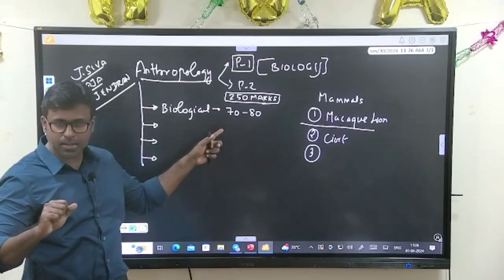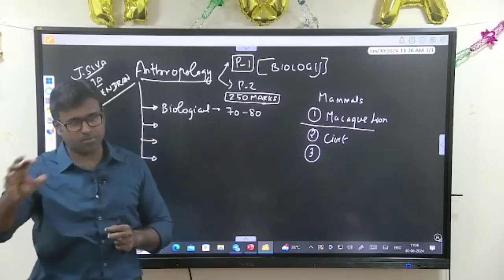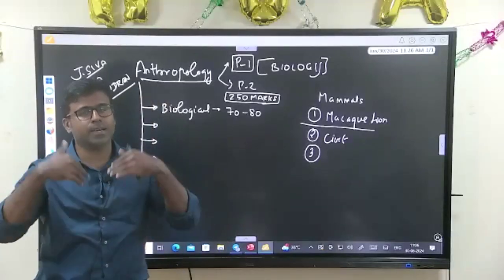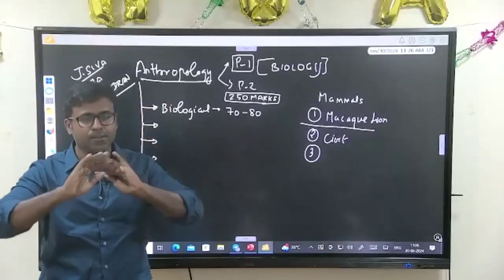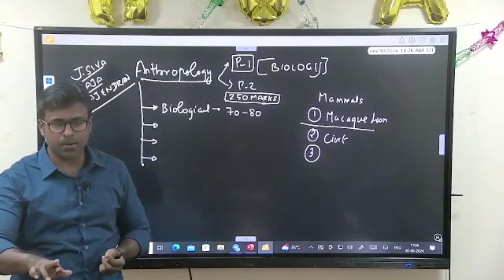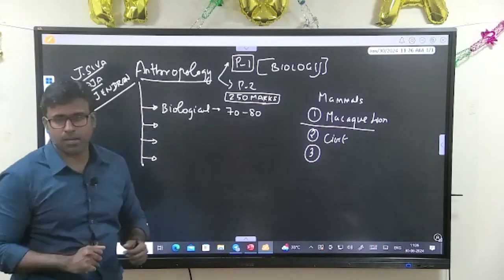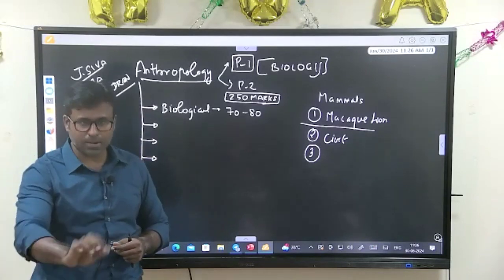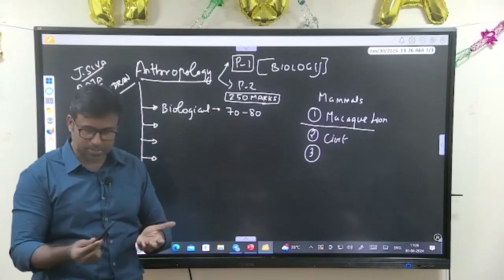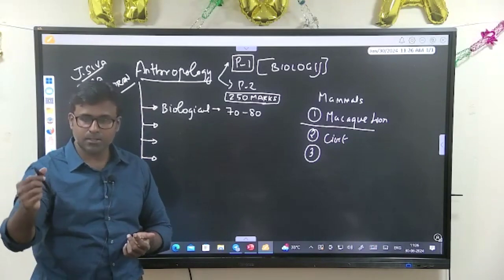You get this idea? It's not merely about the evolution of traits, how our bodies change. The exact features and everything is part of the syllabus, but how all this process happened is also part of biological anthropology. Once you understand this biological anthropology, then you will understand why all this. See, for example, one more thing is this part.